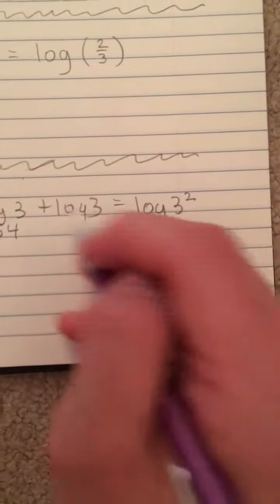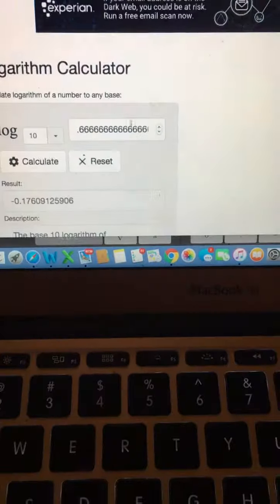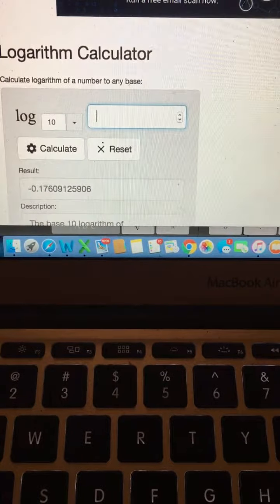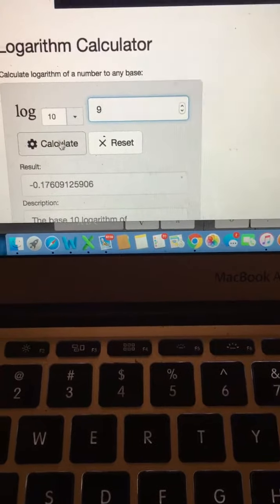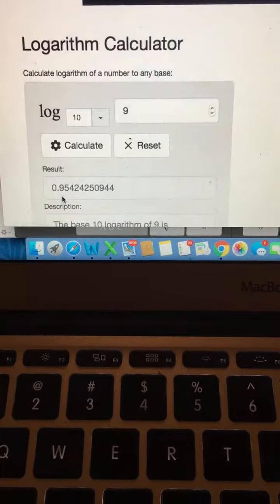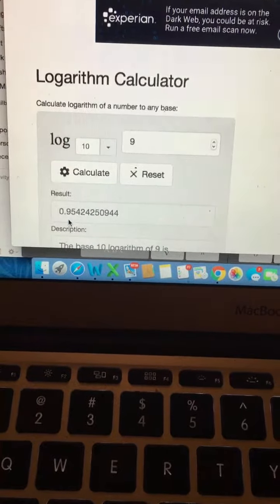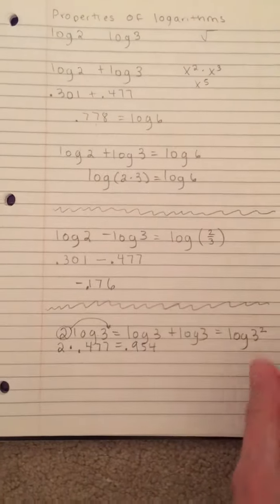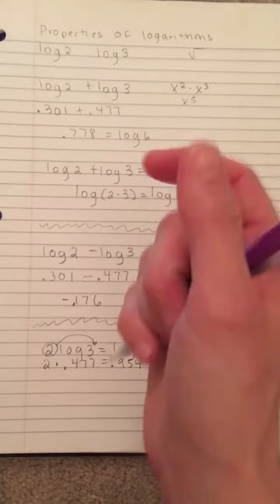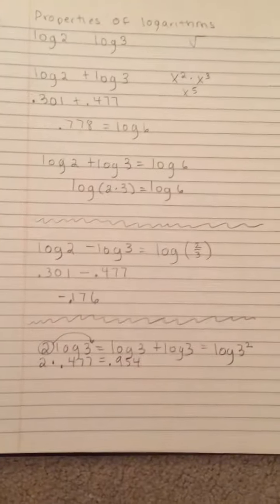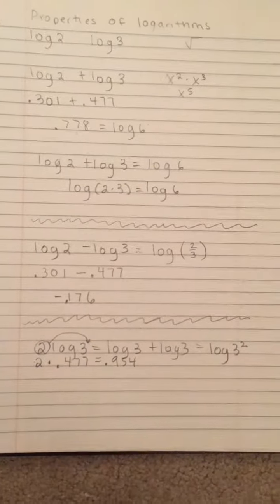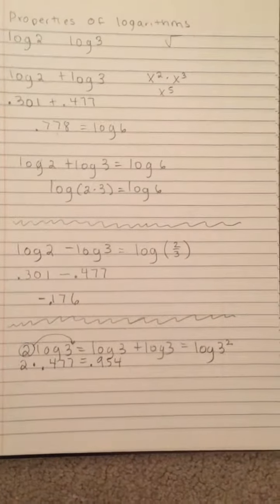And let's just see if that works. 0.954 is the solution we're looking for. And if we go back to our log calculator, if I change this to log of 9 and hit calculate, notice how you're getting 0.954. So the key thing with properties is that you can condense logs and find equivalent expressions just by applying these concepts, and you can evaluate which is one log and not add them together. So just a neat little